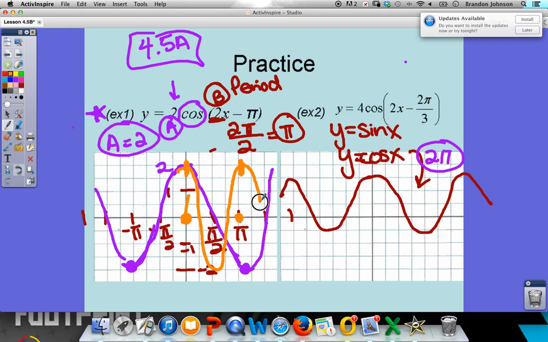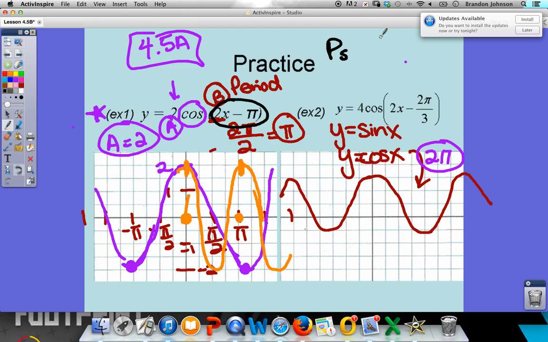So as I go, I keep going again. Kind of come in between here. And then I keep going forward. Now, the orange one is still not the answer. You might say, well, why not? Well, because remember the 2x and pi, we've got to look now at our phase shift,